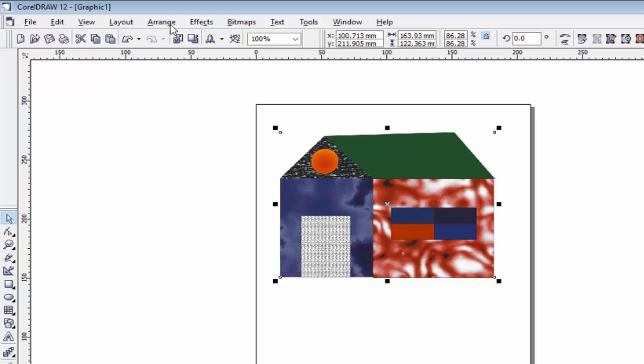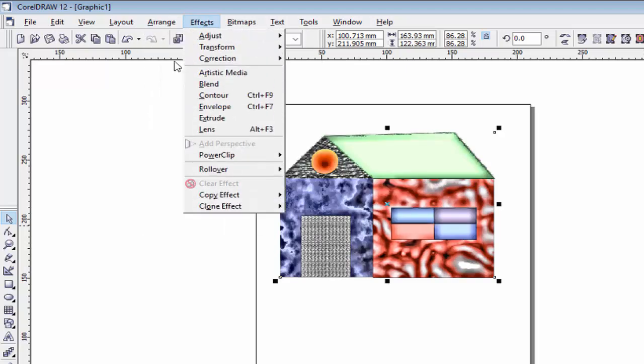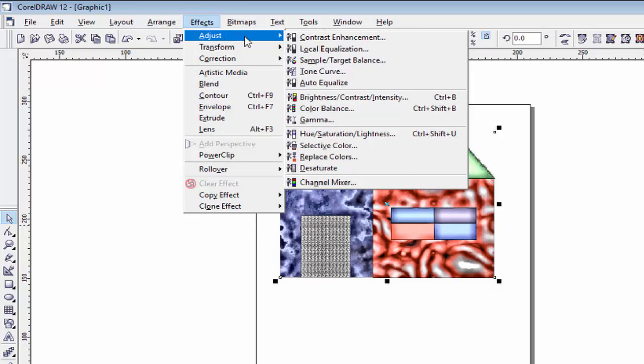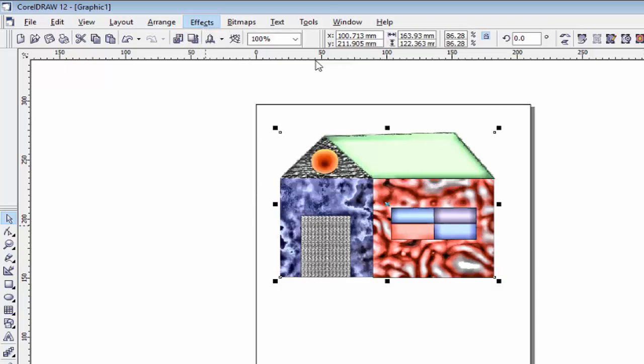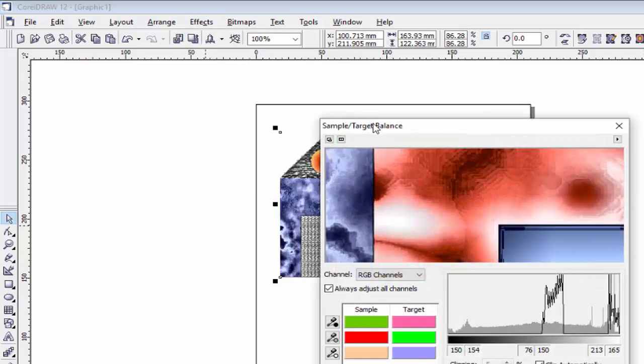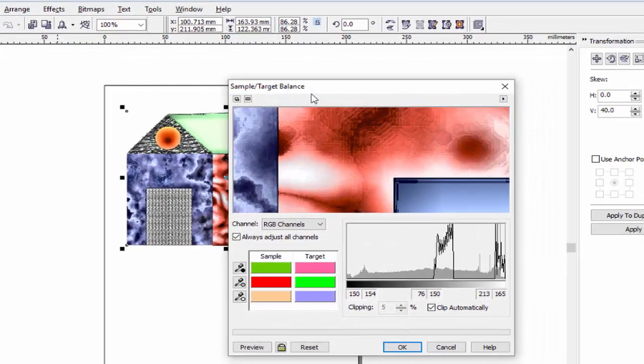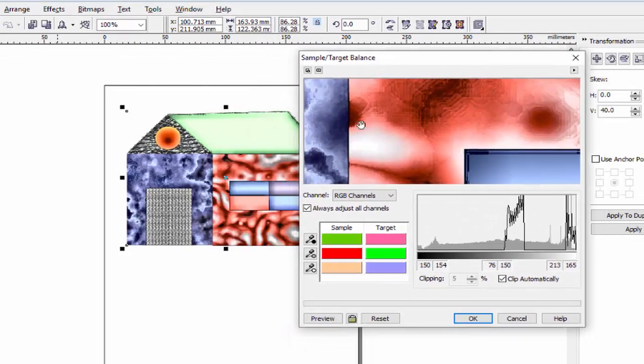The next option is in adjust, sample target balance. It contains the option of color balancing. Select the first color from here, the sample, use this dropper and click here. You can change the sample color with the target color.